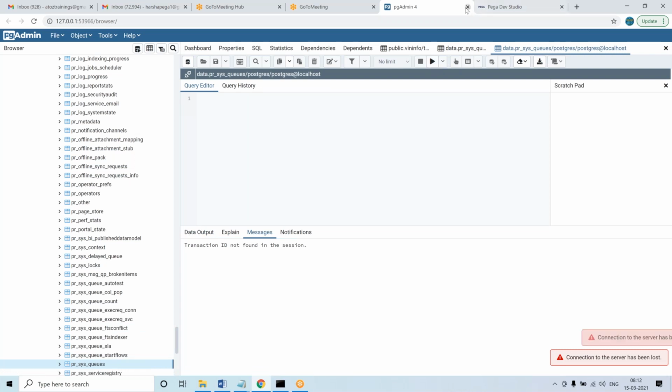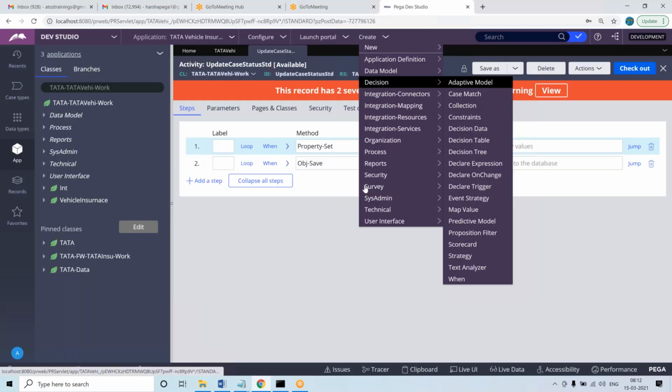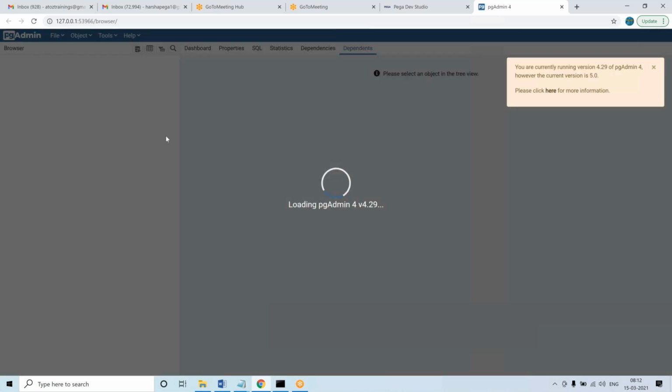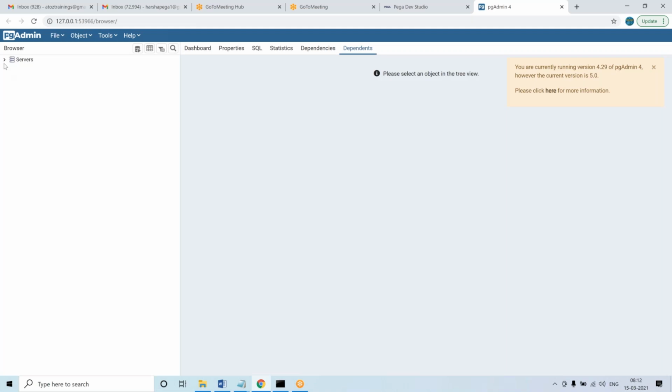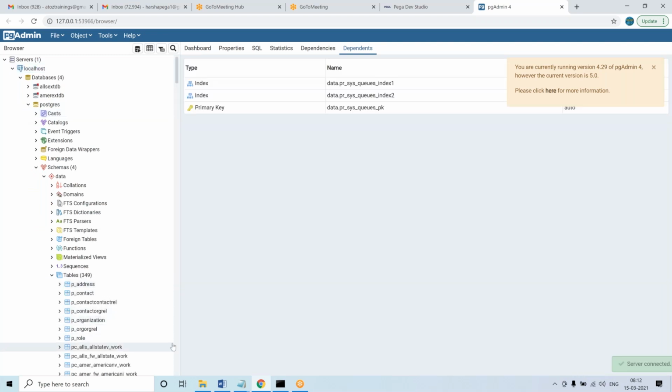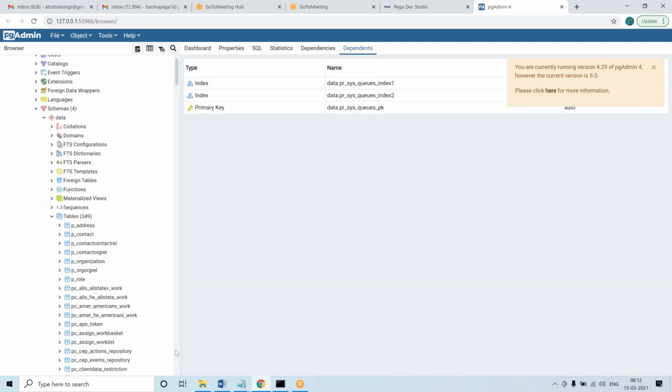The connection to the server has got lost. Let me go ahead and start it up again. I want to open the database again, let it open, and then we open the table and see the records. Then we will proceed to push one item into the queue, and thereafter we'll see what the current status is and what the status will be when processing fails. That is what we are going to see now.